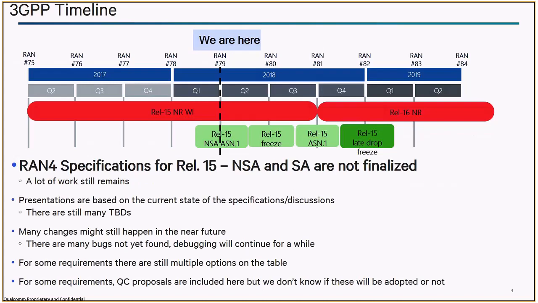RAN 4 is targeting to complete NSA by August 2018. It can potentially move out to November 2018, and RAN 5 would finish its protocol plus RF-RRM by November 2018. The protocol spec is already released and is available, but the RF-RRM spec is not yet available. Again, by November 2018, we would get RF, no RRM, no DMOD, both of which are currently looking at around February 2019 timeline.